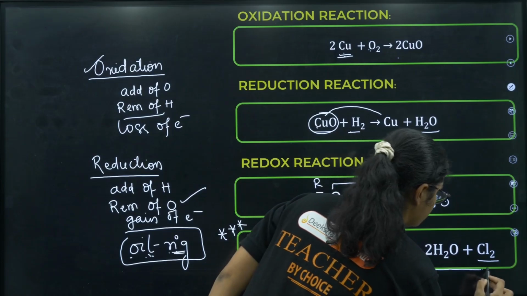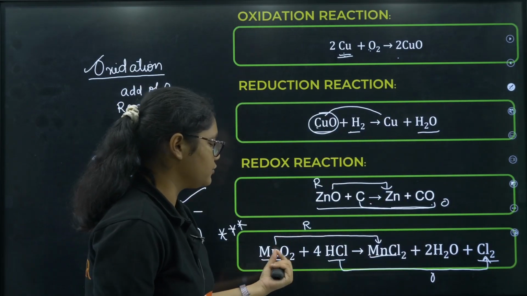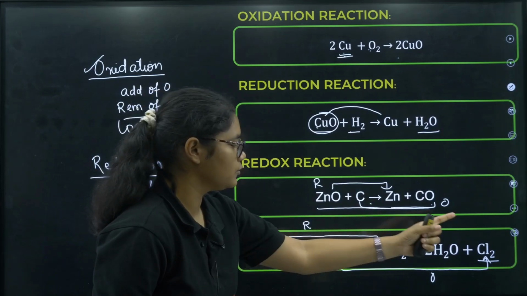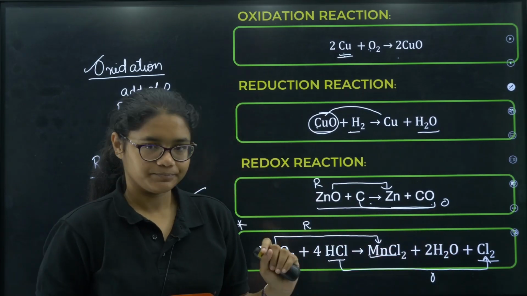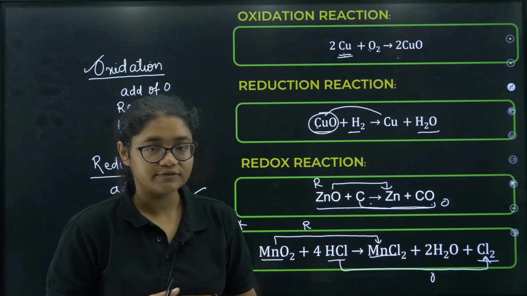So I can write here that this is oxidation, right? MnO2 to MnCl2 is reduction. HCl to Cl2 is oxidation. This is done. Now if you see, one more question is asked here, which is the reducing agent, which is